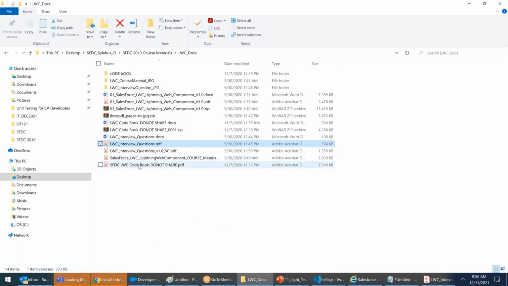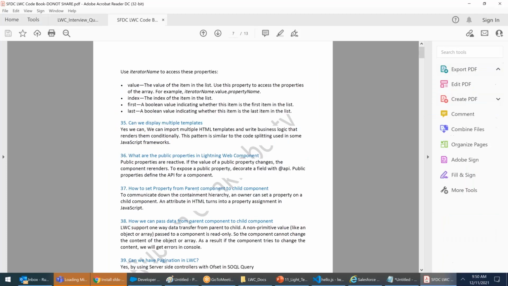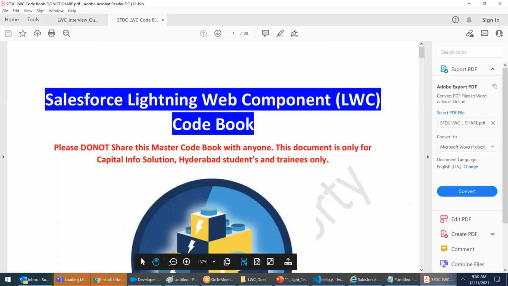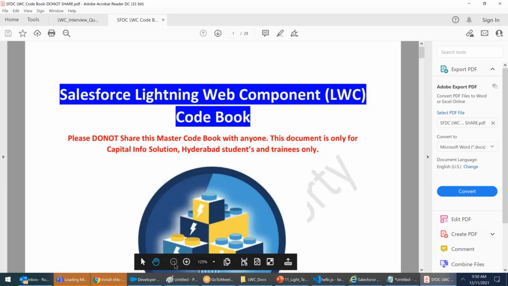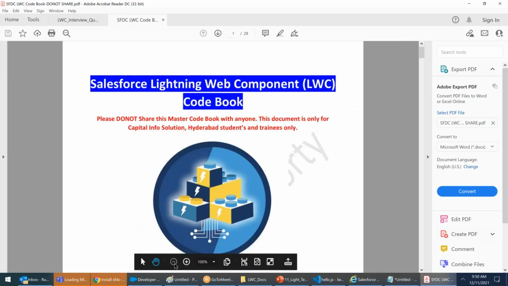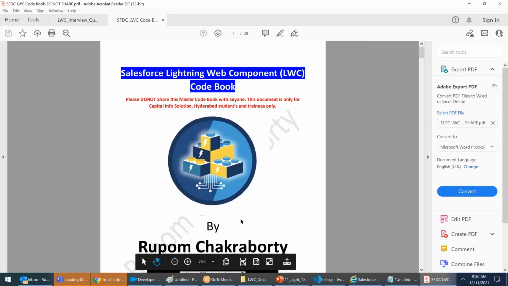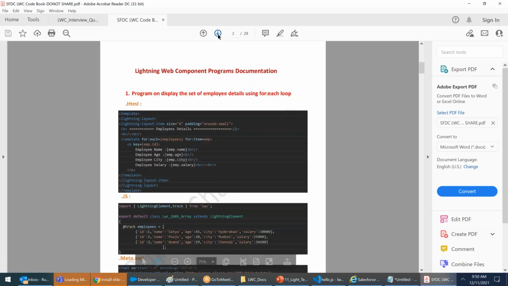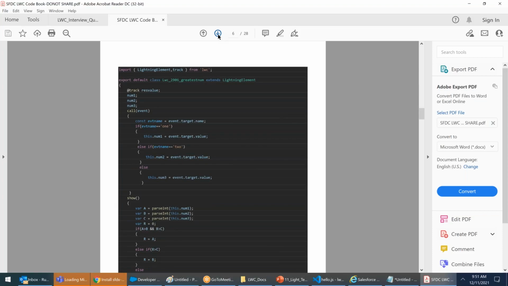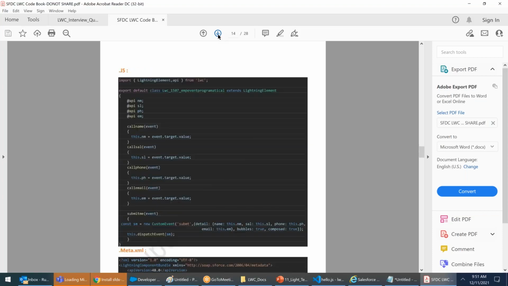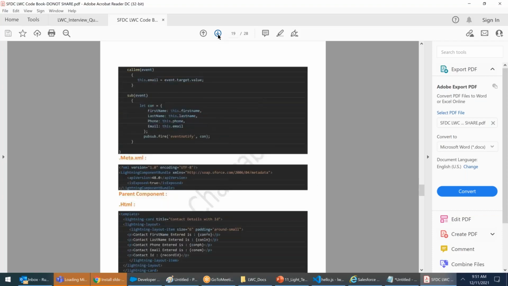Code book, do not share. Wait, it's coming up. The code book: you will not be able to download it. This is the only book which you cannot download. Remaining all, other course material, you can download, no issues. Here in the code book, complete program plus screenshot, program plus output, program plus output, program plus output,